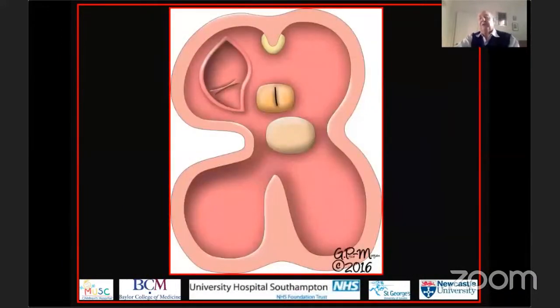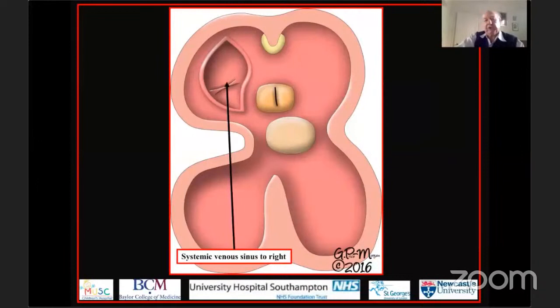So let me summarize for you what we have seen happening during atrial septation. Here we see that initial stage. There has been expansion of the atrioventricular junction such that the right atrium is looking directly into the right ventricle. I'm also showing you the systemic venous sinus, which is shifted to the right. There is the dorsal mesocardium. And as I've also shown you, the pulmonary vein will open into the atrium between the rims or the margins